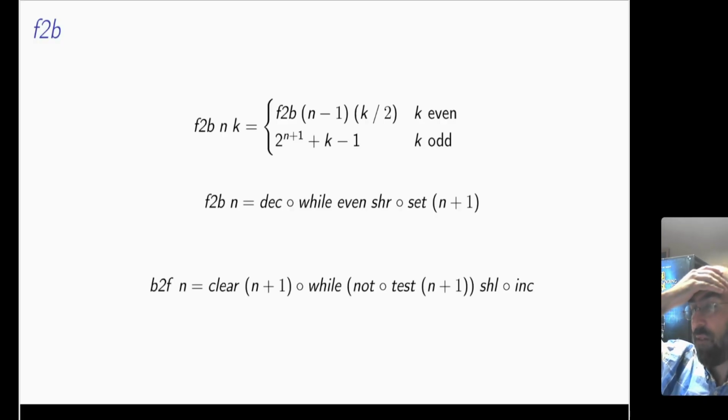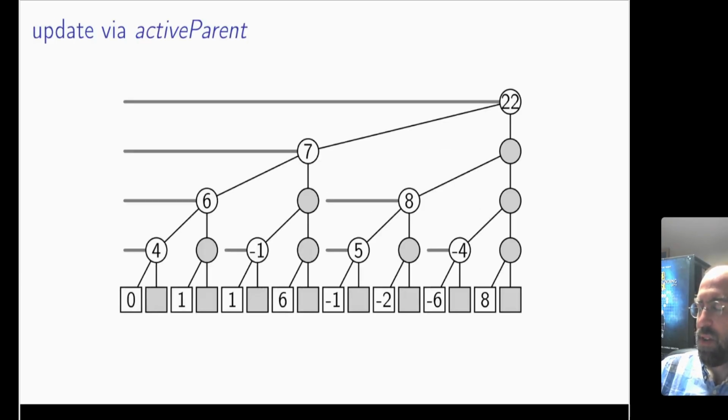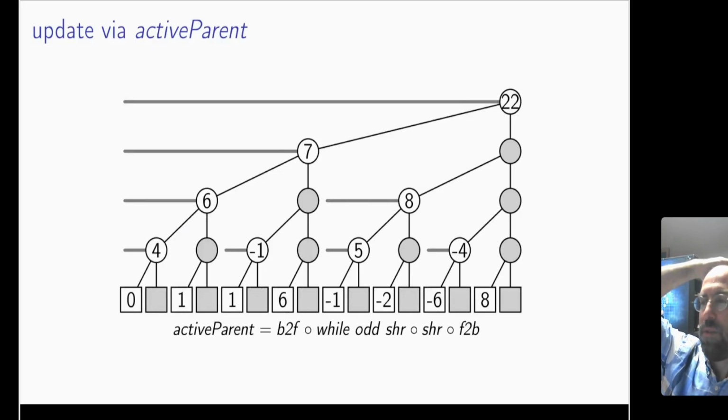And you can similarly derive the inverse operation to convert back. And then if you think about what we have to do for an update, the idea is we want to find the closest parent that is still active, that is not grayed out. And the way we do that is, you would move up one level to get to the immediate parent, but then that might be grayed out, so you just have to keep moving up until you reach something that is not grayed out. And so to move up one level, we do a right shift,